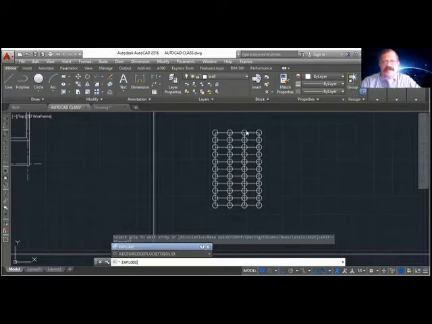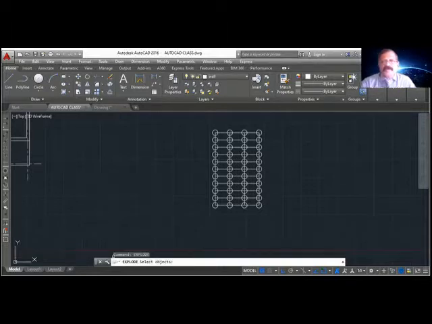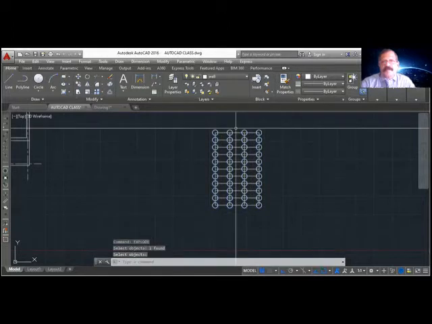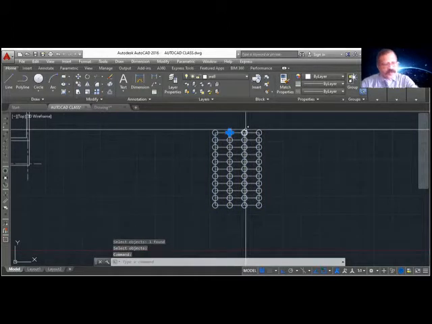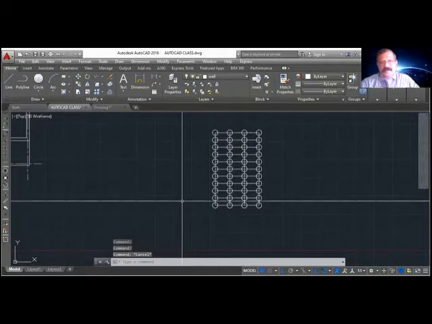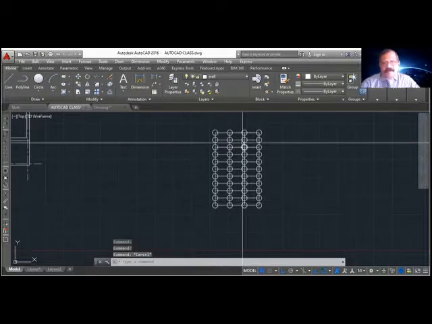The objects created in array, etc., you can explode. So when I say explode, enter, it is asking to select object. So I will just select this. Enter. So it becomes separate pieces. Okay. So explode can be used to explode a block. When you copy, it is just like a block that is coming.